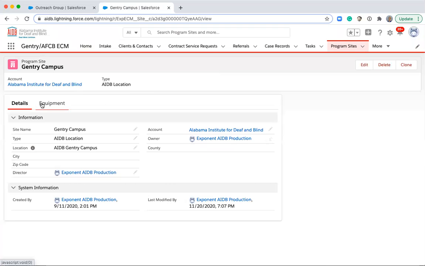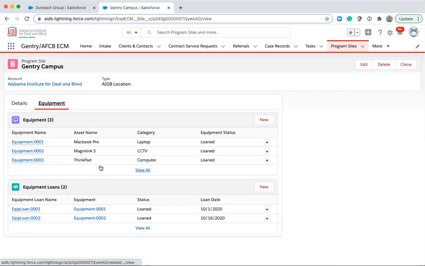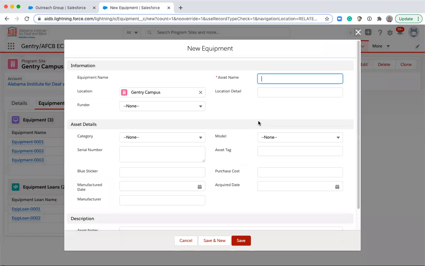and then there's a tab for equipment. When we click on the equipment related list, we can see the different types of equipment that have been added. And then we can also see equipment loans. In this case, I'm going to add a new equipment record by clicking new next to the equipment related list. I'm prompted to add an asset name. In this case, I'm going to say